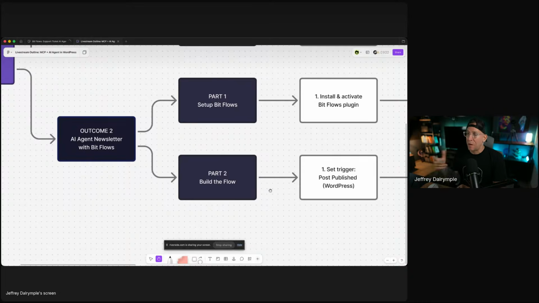Basically, when we create and publish a new post, we're going to have ChatGPT read the post, summarize it in two very small paragraphs, and then create a campaign in Fluent CRM, creating the actual newsletter and inserting the featured image.